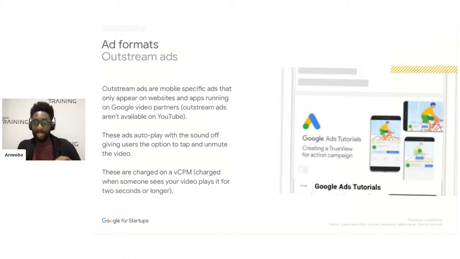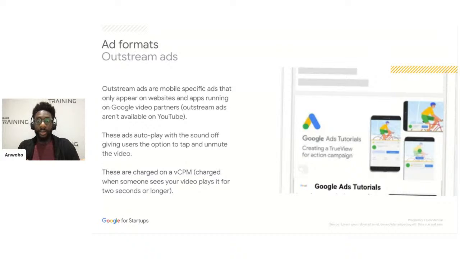Essentially, users get to see your video with maybe your logo, with a bit of text. So again, you can add descriptions and headlines, and essentially your video will be auto-playing for the user. So it captures their attention as they're scrolling through their mobile web. And essentially they can tap that video to unmute it, to start hearing what the video has to say. It's a great way just to engage users when you want to find the right users outside of YouTube and you want to put these videos in front of them within the websites that they'll normally be browsing.